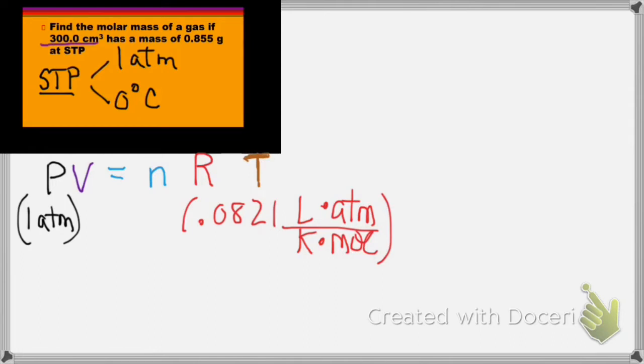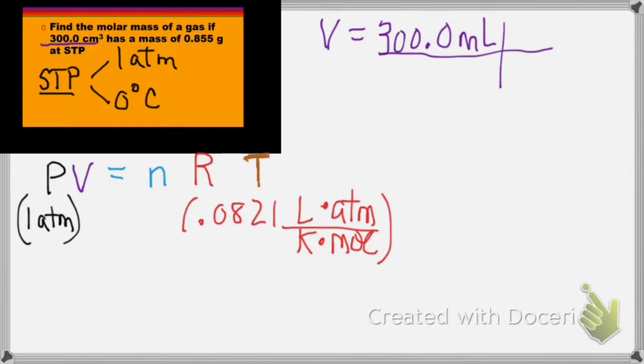Volume. Our volume is 300 centimeters cubed. A reminder that a centimeter cubed is the same thing as a milliliter. So I'm going to write milliliters, and we want liters because of our R. So 1,000 milliliters per liter, and we will get